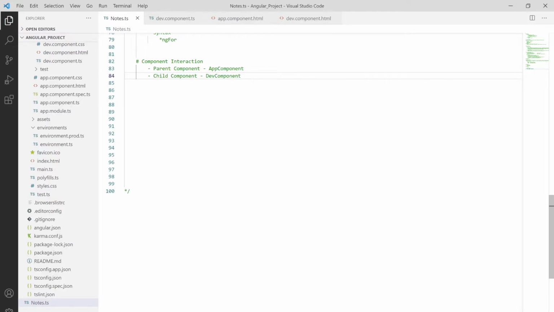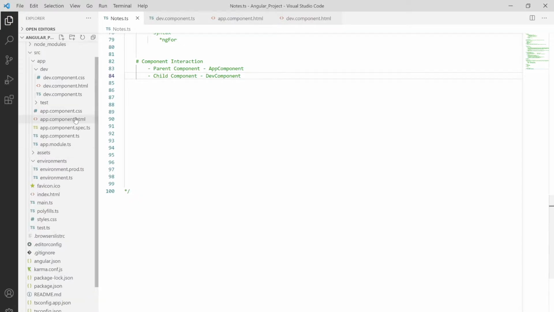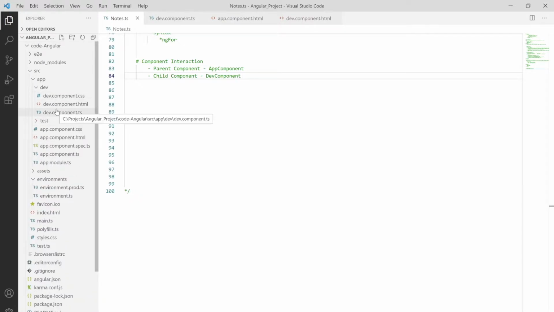Now, as you have seen in the previous video, we are using one component which is independent of other components. In the previous video I'm using only the dev component but haven't used any other component. Now we come to a scenario in our project where we have to communicate from one component to another. Say, for example, we have to communicate between this component and the dev component. So how can we communicate with each other?